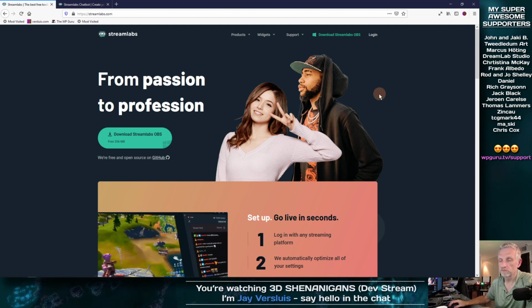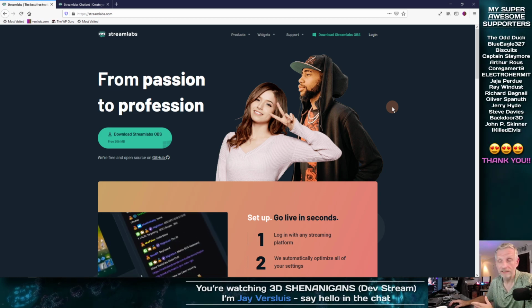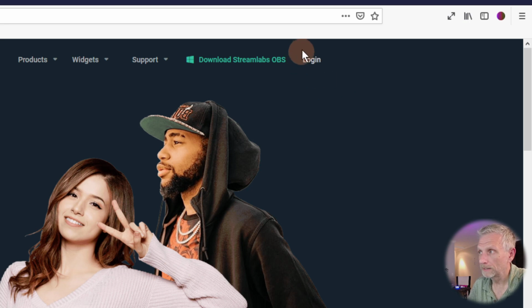But they also have an integrated CloudBot version, and all you need to do is connect your accounts here. Top right corner, you can log in, and I've already linked all my Mixer, YouTube, and Twitch accounts together. When you do that, you have to dedicate one as a primary account, and my primary is the Twitch account.